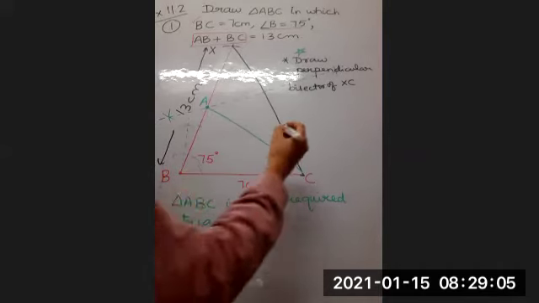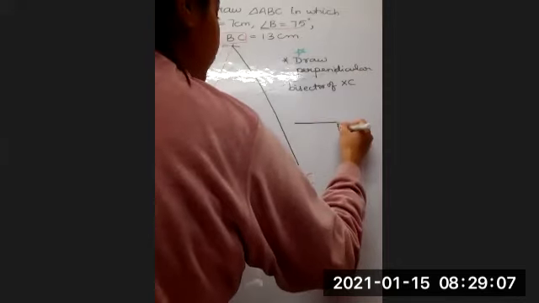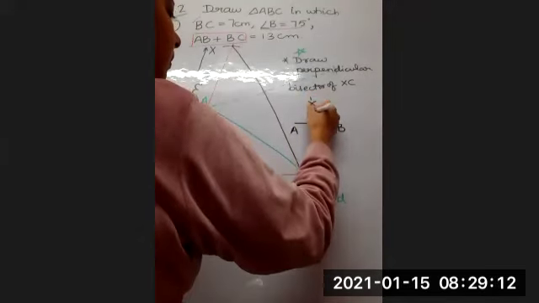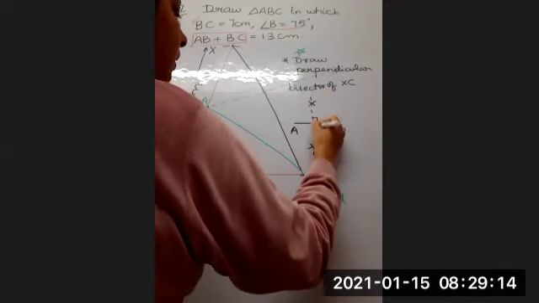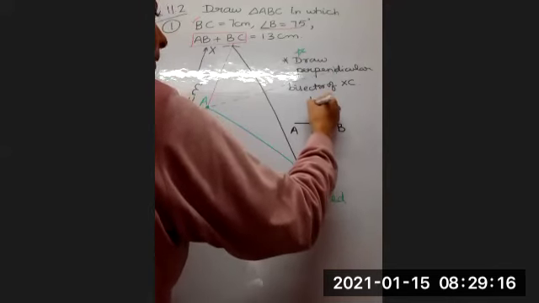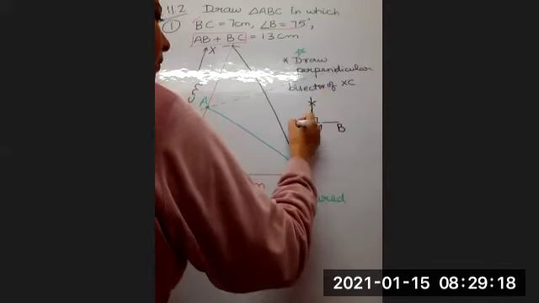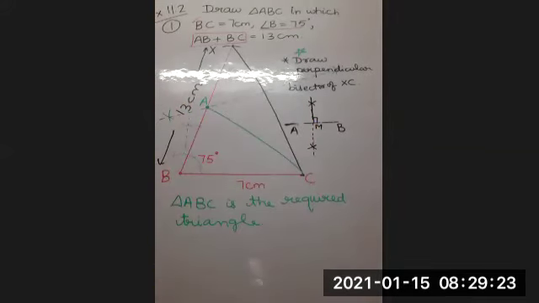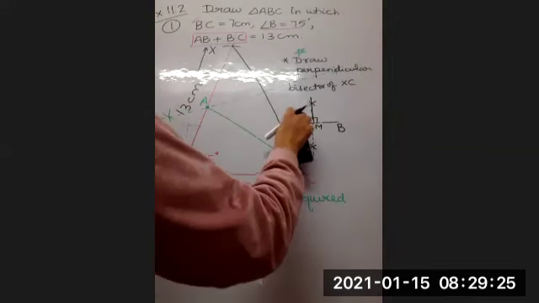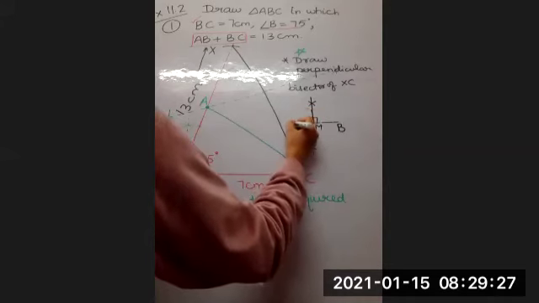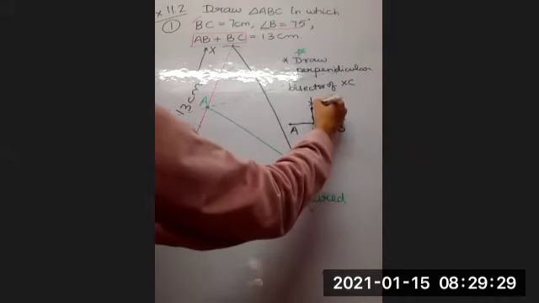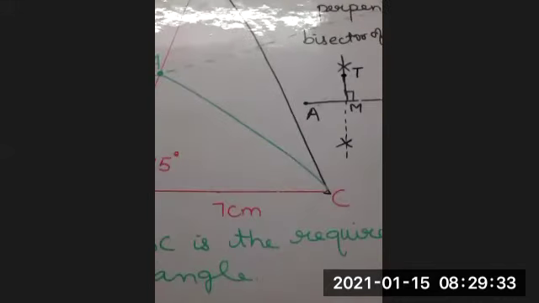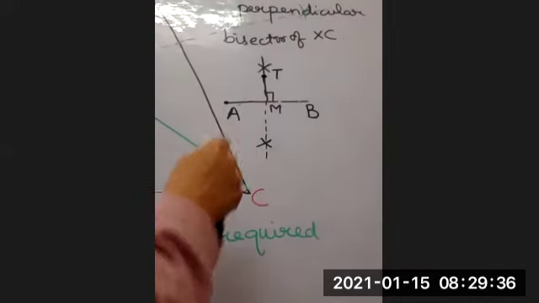Let me take you to the rough work. Suppose you are drawing a perpendicular bisector of any line AB, like this. Okay. Now let me take any point here. Sorry, I need to use duster. It's smudging. Let me take any point here. Let's say T on this perpendicular bisector.